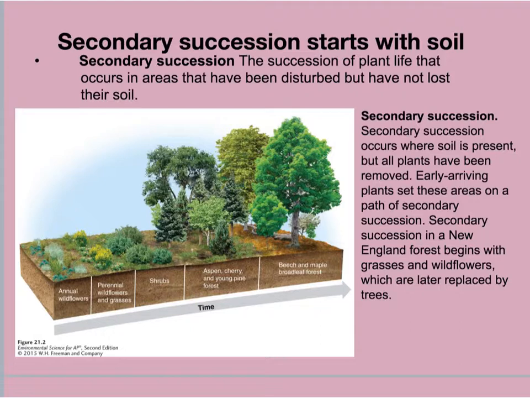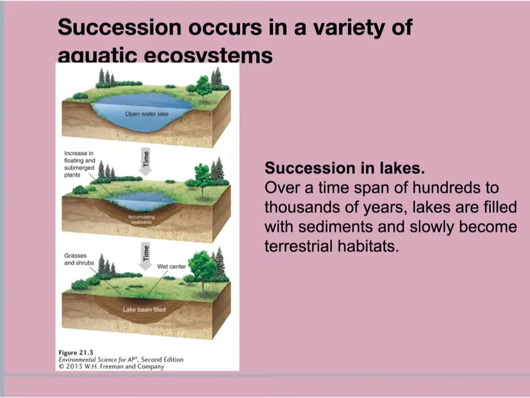They can survive pretty well in the midst of the shade of these pioneer tree species. These shade tolerant species grow up through the center of the canopy and eventually can outcompete the pioneer trees to become the dominant part of the forest. And that's why we see a lot of very tall beech and maple, broadleaf tree forest in the United States. Succession occurs in a variety of systems, and it does occur in aquatic ecosystems.